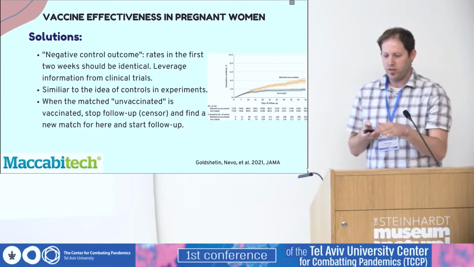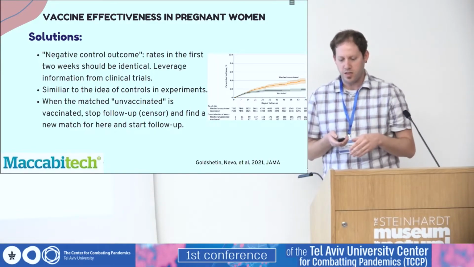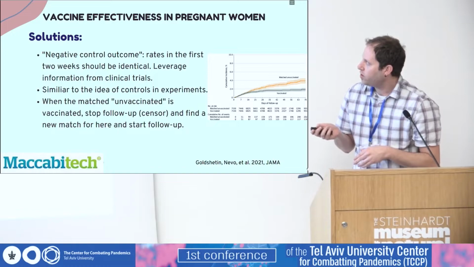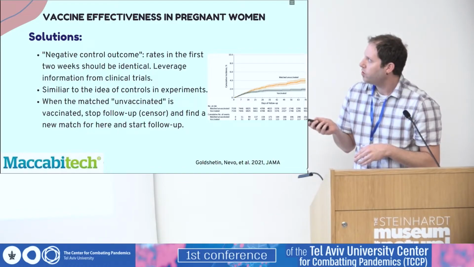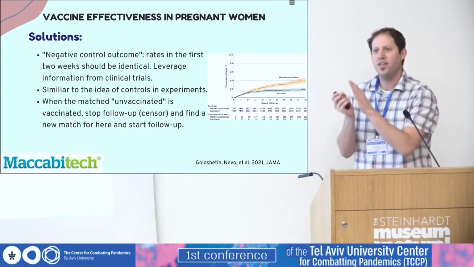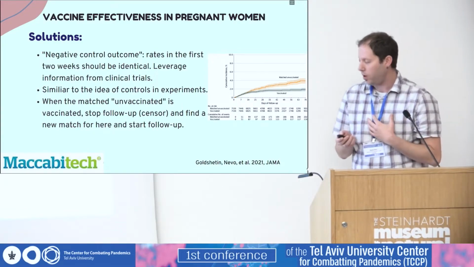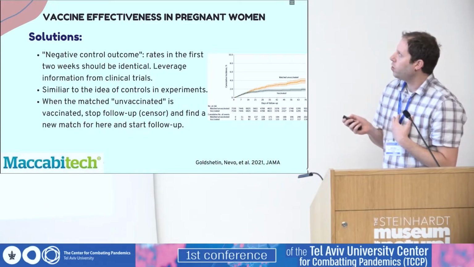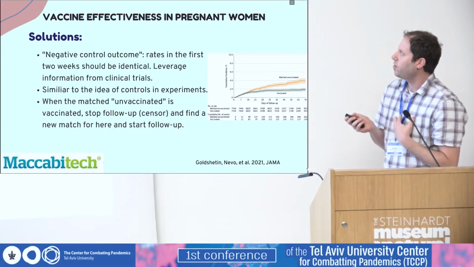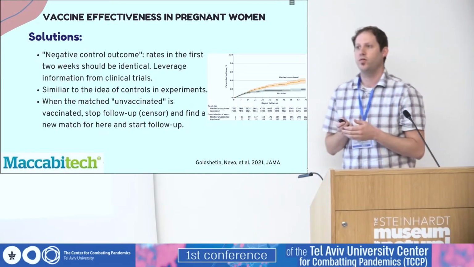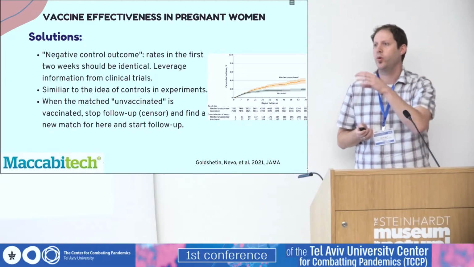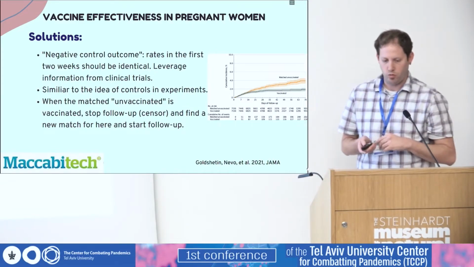And indeed, when you look at this graph of the cumulative incidence, you can see that in the first 14 days it's like we have the same line, and then they split, right? So when we did that, we were more relaxed to say that the difference we see at the end, 70 days after follow-up, is a real difference due to the vaccine and not anything in the background, because we used this thing called negative controls.